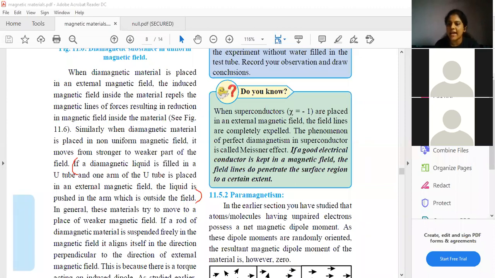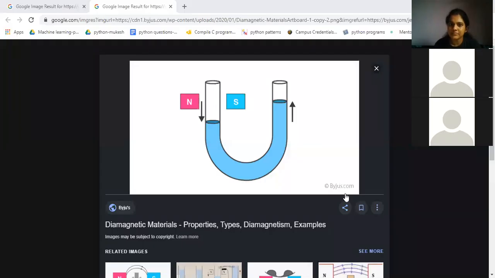Okay, you all can see this diagram over here. This is called a U-tube, and the material inside this, students, you all can see the diagram, right? No, ma'am. Wait. Hold on. Just a minute, okay? I'll show you all the diagram. Wait. Now you all can see.